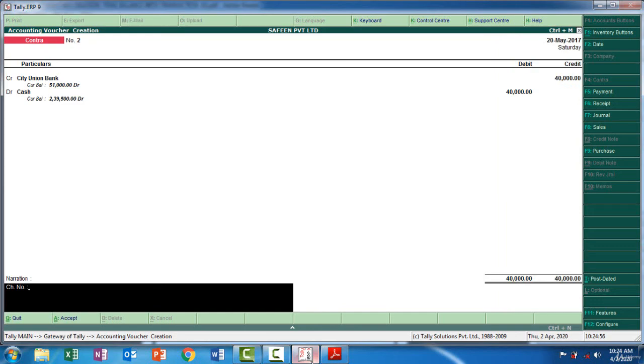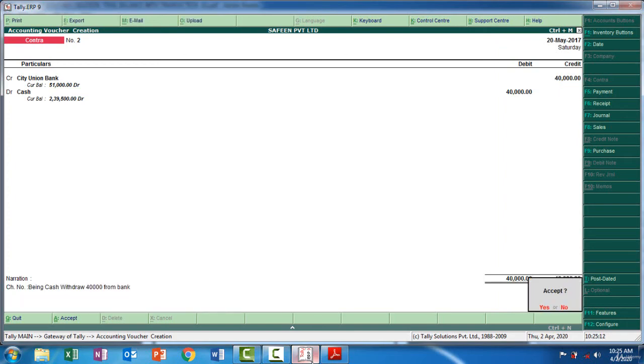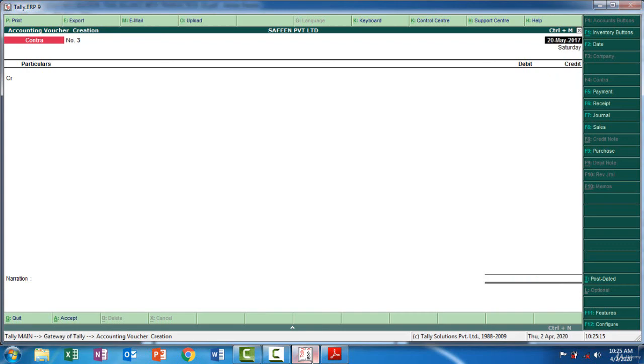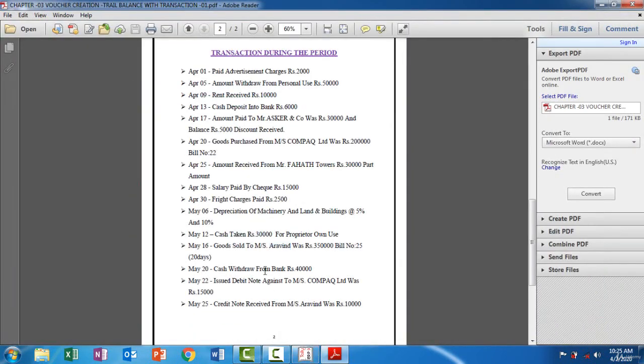There is no check number. I'm going to type the narration being cash withdraw 40,000 from bank. Then yes. The next one, issued debit note against Comeback Limited was